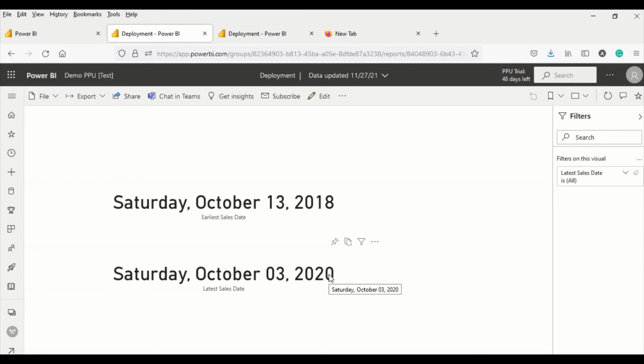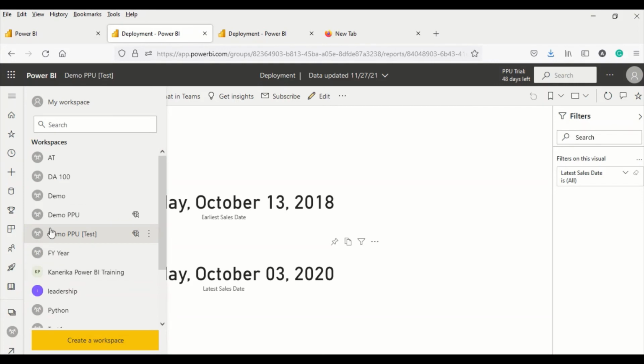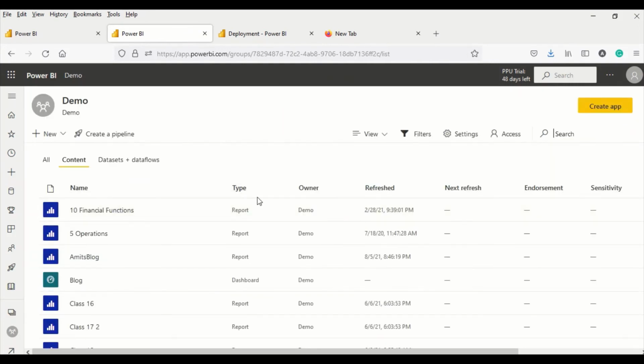Now you would say you can change it and load it here. Why don't you go ahead and do that also in the normal one? We will get more data. Okay, let's try that out. So we go to demo. That's where we publish that file. Let's look at that file data set. Last refreshed.